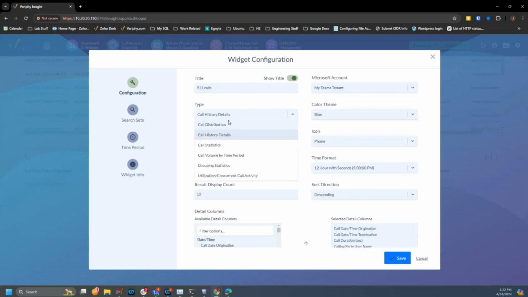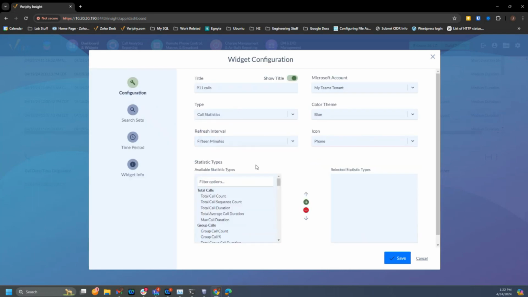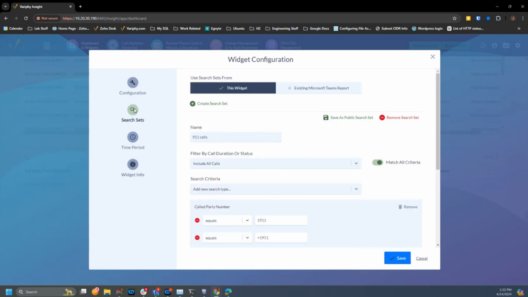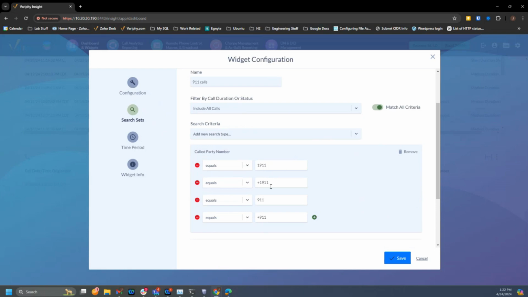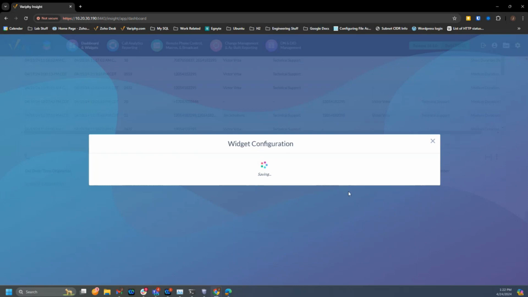And I'm going to go from a call history details to a call statistics. And which call statistics, I'm just going to do total call count. My search set will stay the same. In this particular case, I'm looking for multiple variations of 911 being dialed. If I save that,